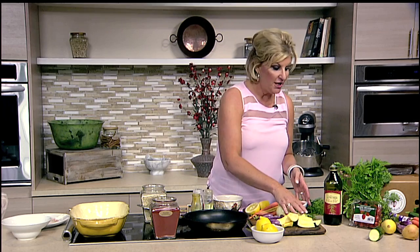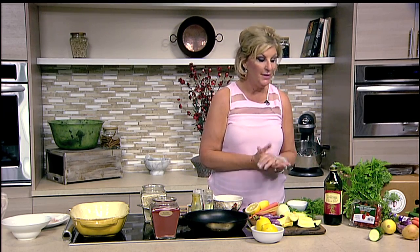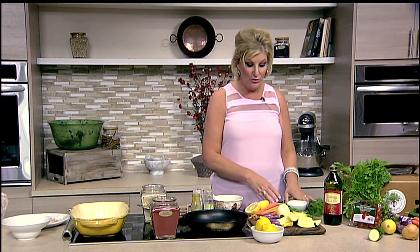I have onion, I have summer squash, I have zucchini. I even have some cherry tomatoes, grape tomatoes that can pop in at the end as well. Get in some delicious nutrients, but that will go in the last 5 minutes. I have beautiful rainbow carrots. So what I'm going to do is basically just lay those carrots on the bottom at probably about 25 minutes